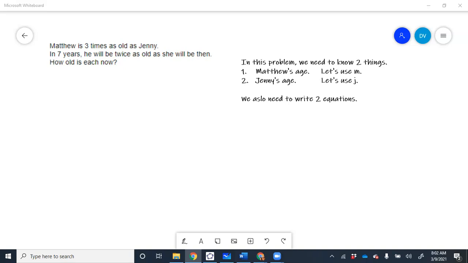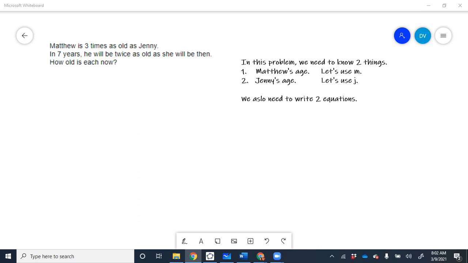Okay, this word problem says that Matthew is 3 times as old as Jenny. In 7 years, he will be twice as old as she will be then. And we need to know how old each is now. In other words, we need to know